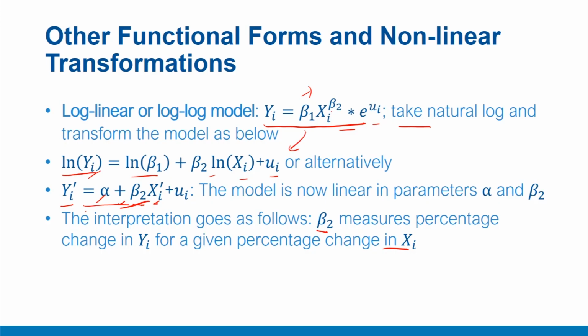So if you wanted to estimate this beta 2, the interpretation with respect to original xi and this xi dash is different. Nonetheless, this expression can be estimated with the OLS regression procedure.